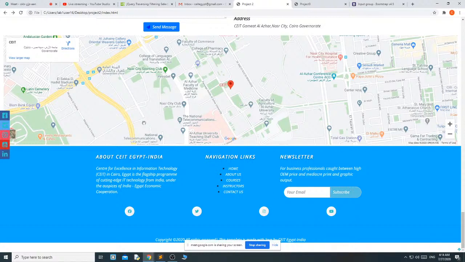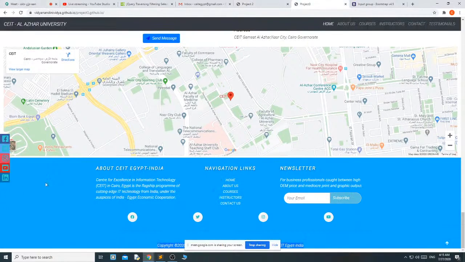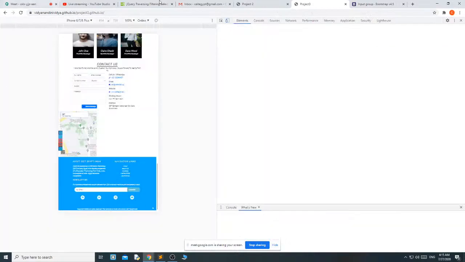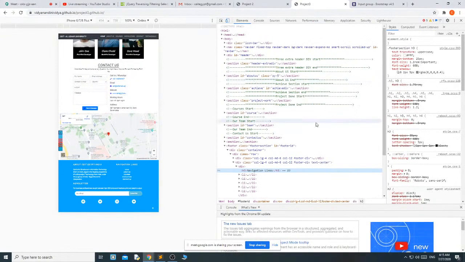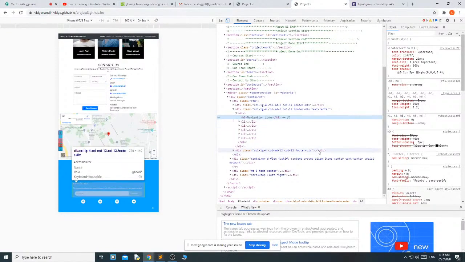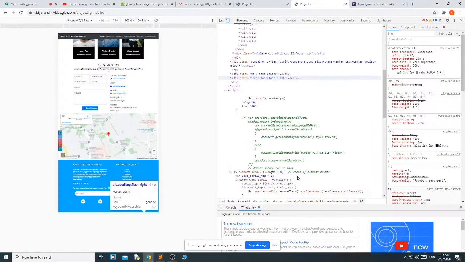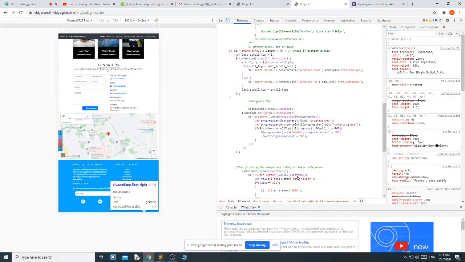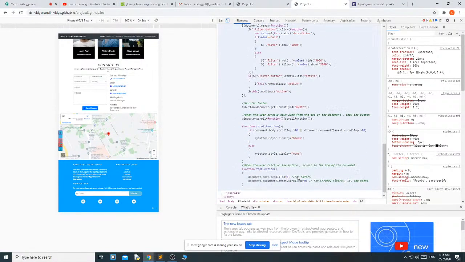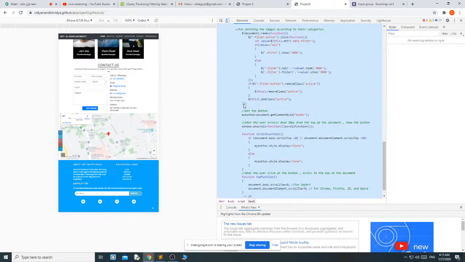Okay. Then we will do this scroll top. This is exactly the same as what we have done in the last project. That's why what I am going to do: right click, inspect. Then script. In script, what I want is this last one.